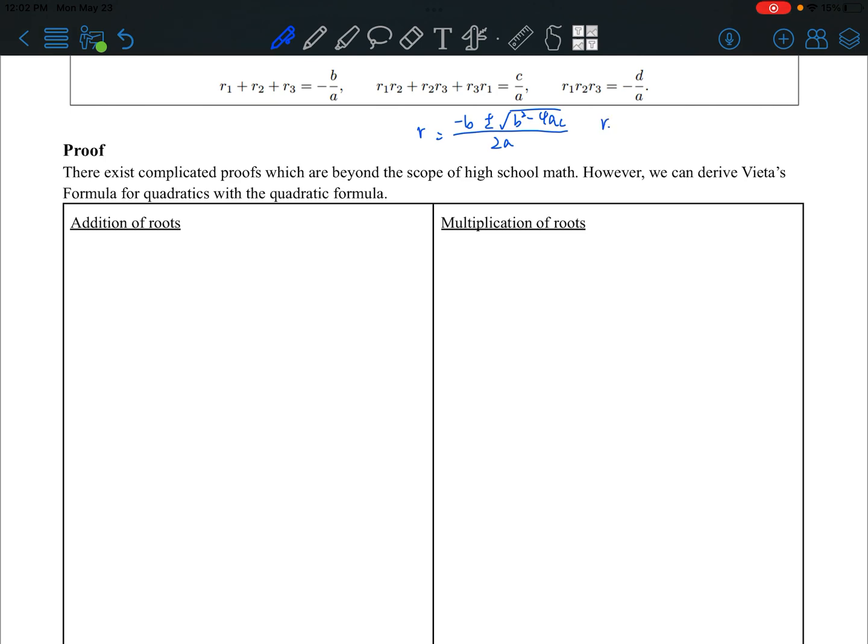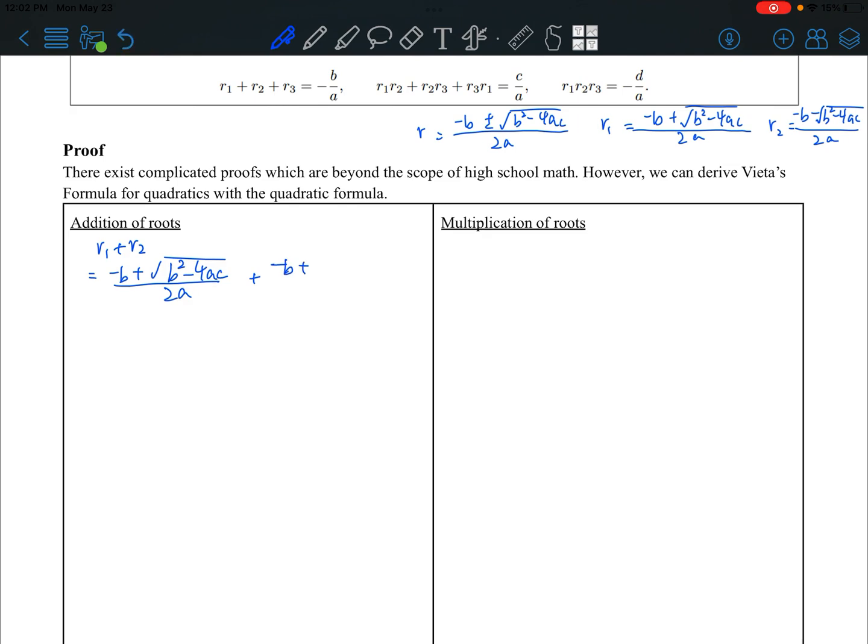So we can say that the first root, r1, is equal to negative b plus the square root of b squared minus 4ac over 2a, while r2 is equal to negative b minus the square root of b squared minus 4ac over 2a. So firstly, we can try to prove the addition of roots. r1 plus r2 will be equal to negative b plus the square root of b squared minus 4ac divided by 2a plus